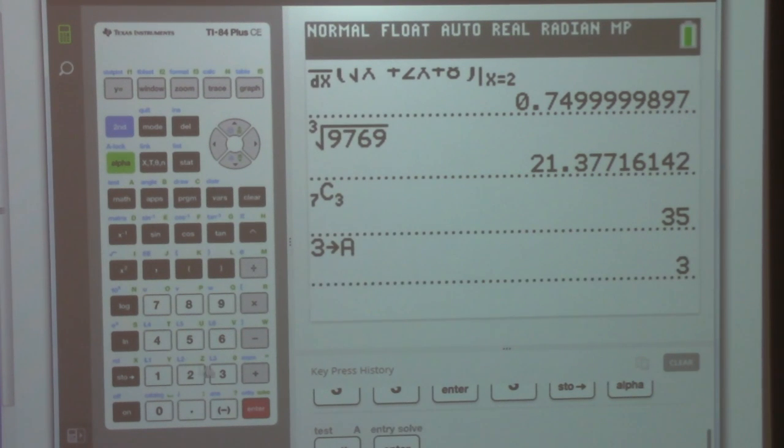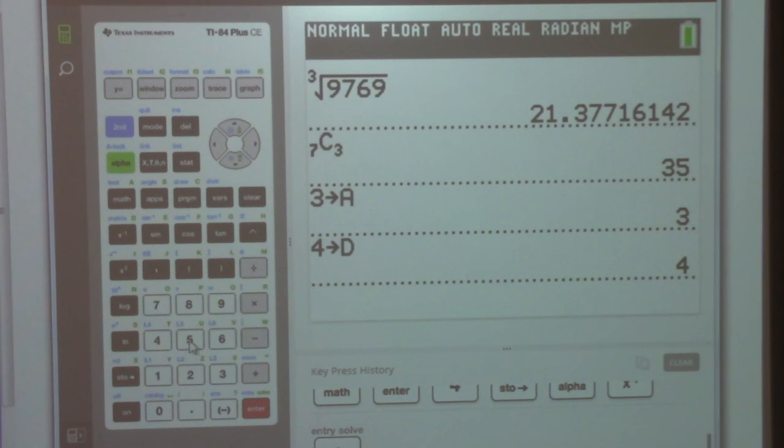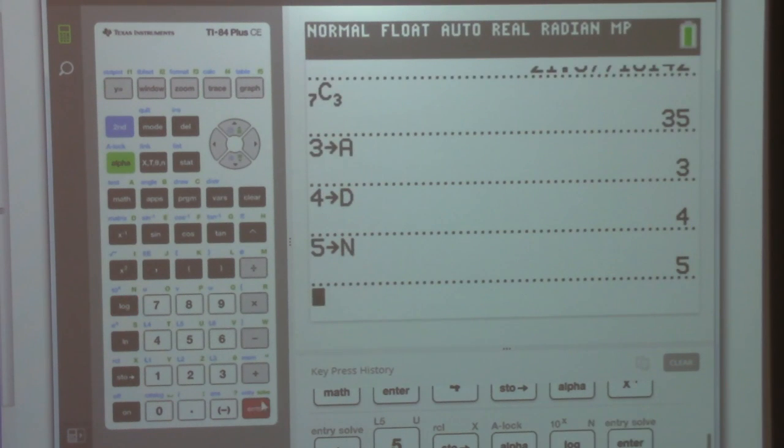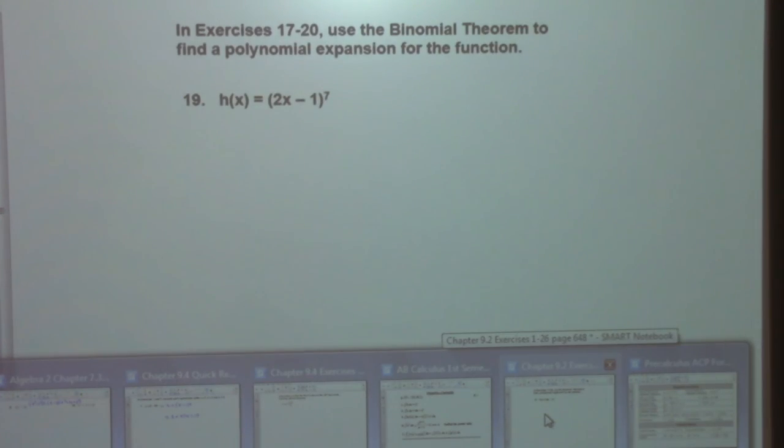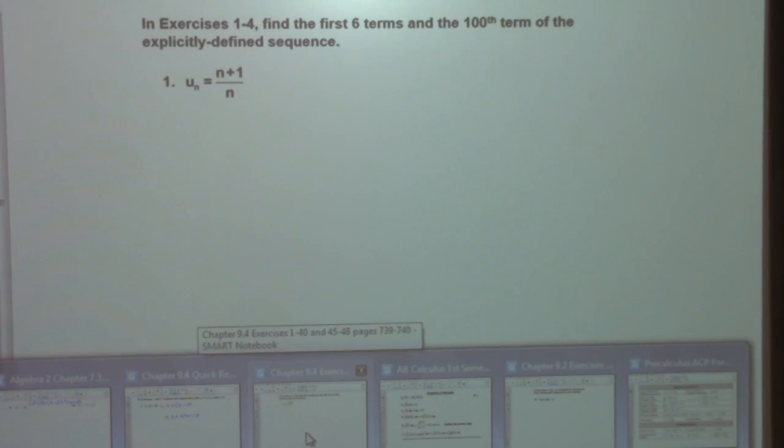And then what's the next one? 4 storage N? Or what is the next one? D is 4, so I'm going to put 4 storage D. And then what is N going to be? 5. So 5 storage N. And so to do that, you get this. And now you can just type in the problem, like you could do it for number 2, for instance,